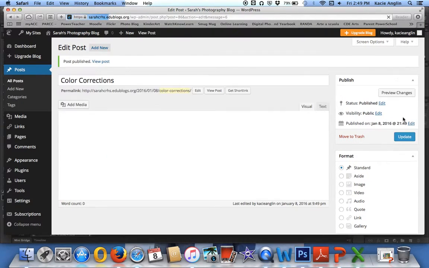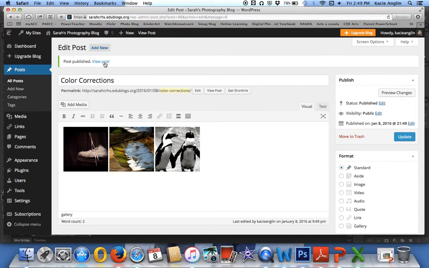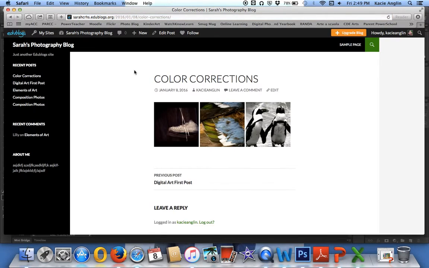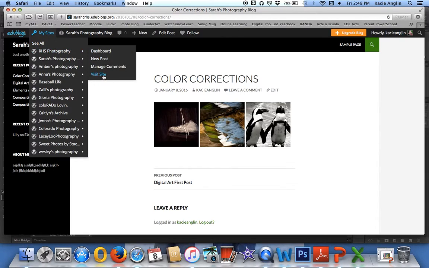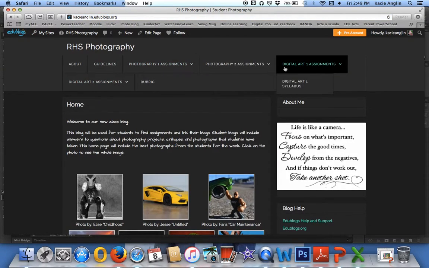Once I publish, then I'm going to view my post to make sure that it shows up the way that it should. And you'll see here's the title, and then here's the pictures with the titles inside of the pictures so that we know which color correction was done. So you guys need to make sure that you do that gallery and that you understand how to do a gallery. You are also going to do, if you look on the blog, number 6 now when you're done with this,